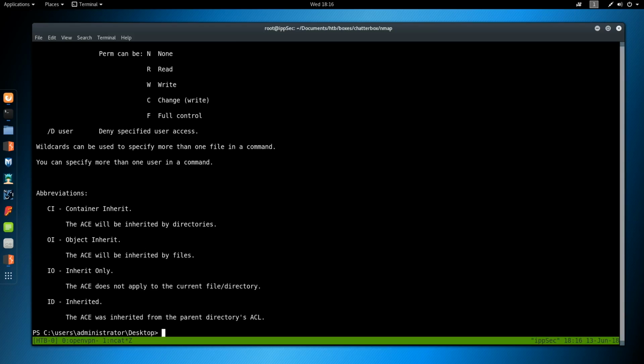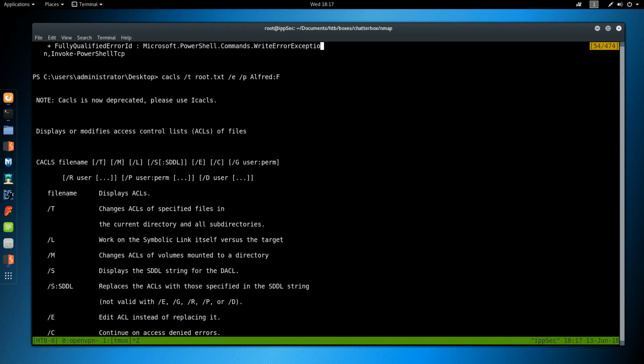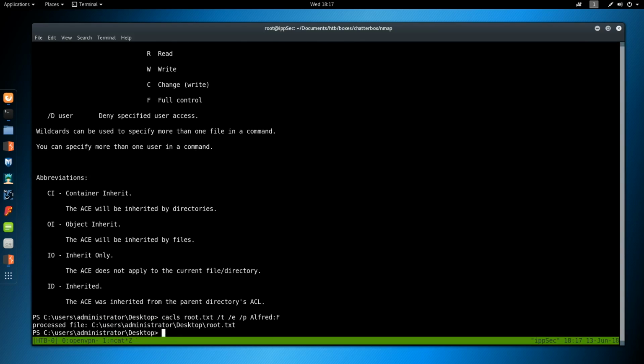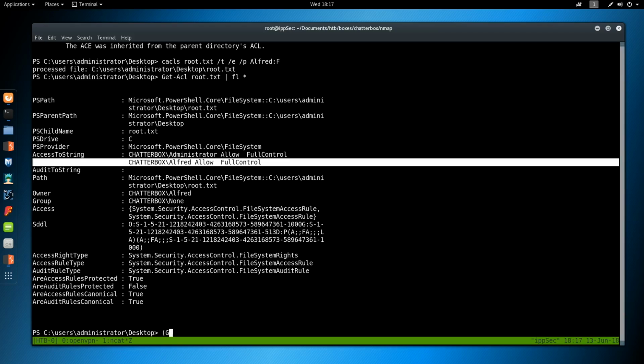And I think we just screwed something up. Let's cacls root.txt /t /e /p Alfred F. There we go. I don't know what I did before. Maybe it doesn't like the /t first. Yeah, I think it just doesn't like the /t first. Okay. But now if we do Get-ACL on root.txt and fl star, we can see access to string. Alfred has full control, so we can do get content